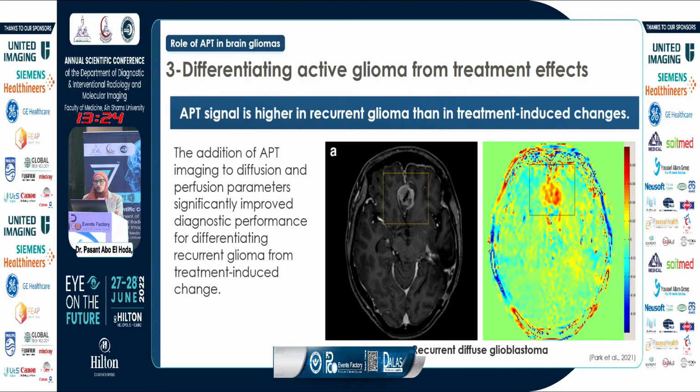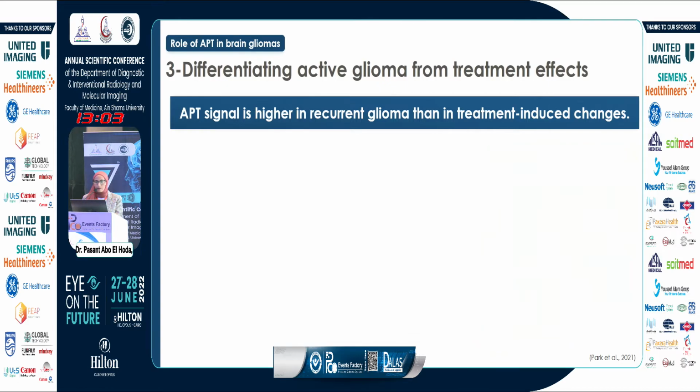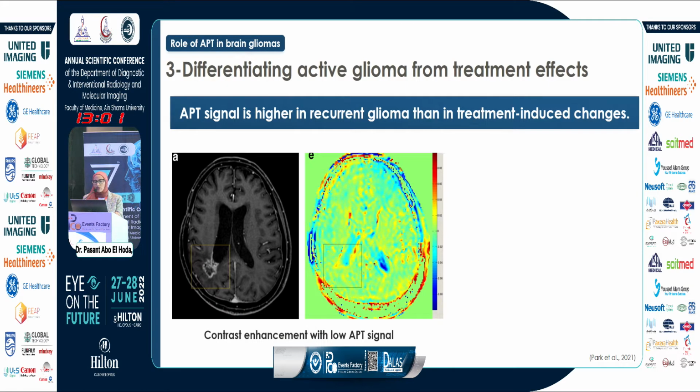APT signal is higher in recurrent gliomas than treatment-induced changes, where, as we can see here, a case of frontal lobe heterogeneously enhancing lesion showing increased APT signal on the APT color map. It has been proved that the additional value of APT on diffusion and perfusion significantly improved diagnostic performance of detecting recurrent gliomas than treatment-induced changes. As we can see here, that was a case of patient with high-grade glioma submitted to radiotherapy,